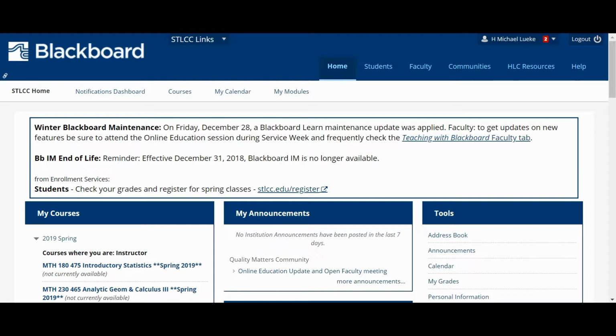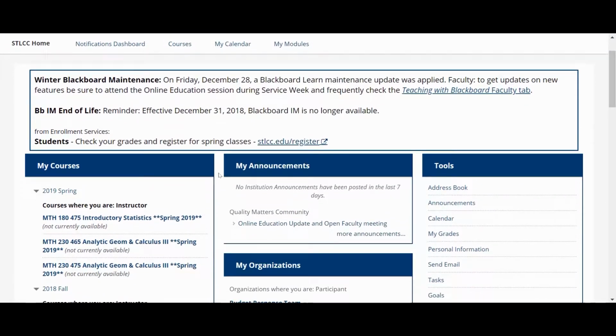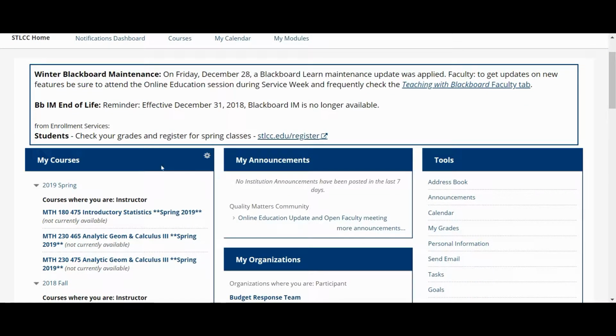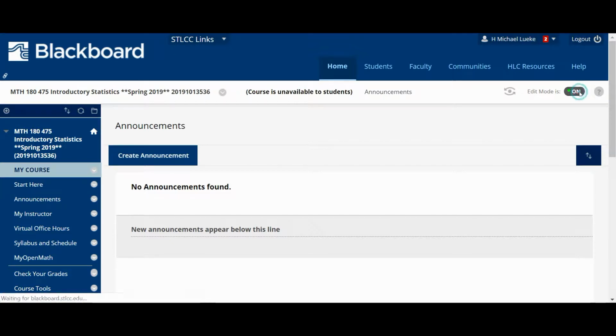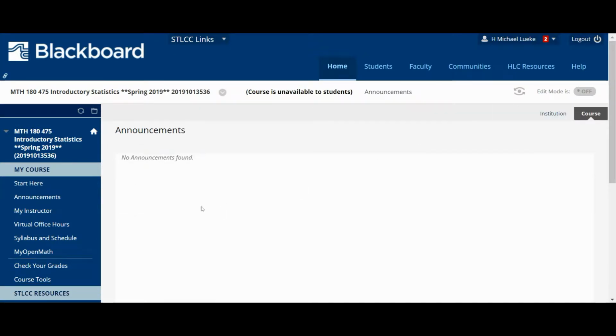We're here in Blackboard and you'll see somewhere on your main Blackboard screen our course, Math 180-475. If you click on that link it will take you to our Blackboard course page, which should look something like this, where on the left-hand side you'll see this menu of options. I want to run through some of the things that you'll find in this menu and then take you through some important things to know